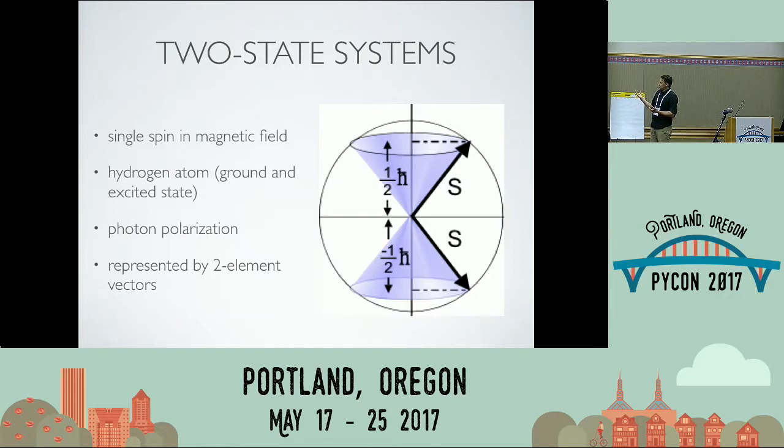And photon polarization, if you're talking about a photon that's flying down through empty space, vertically polarized, or horizontally polarized. Those are two different states, and then you can write any combination of those as a linear combination of horizontal and vertical. But the math is all actually the same. For those three systems, the math is all identical, and it's all just 2 by 2 matrices or 2-element vectors. So the states of those systems are all represented by 2-element vectors.